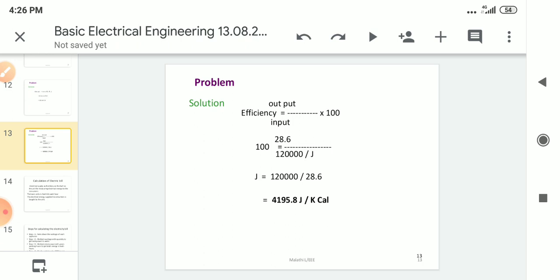This is the only model available in this unit, and it is important. We have already solved so many problems of this type. You will solve some more problems available in your textbook. The complete problem depends upon the concept of thermal efficiency. To find this thermal efficiency we have to calculate its output and input.